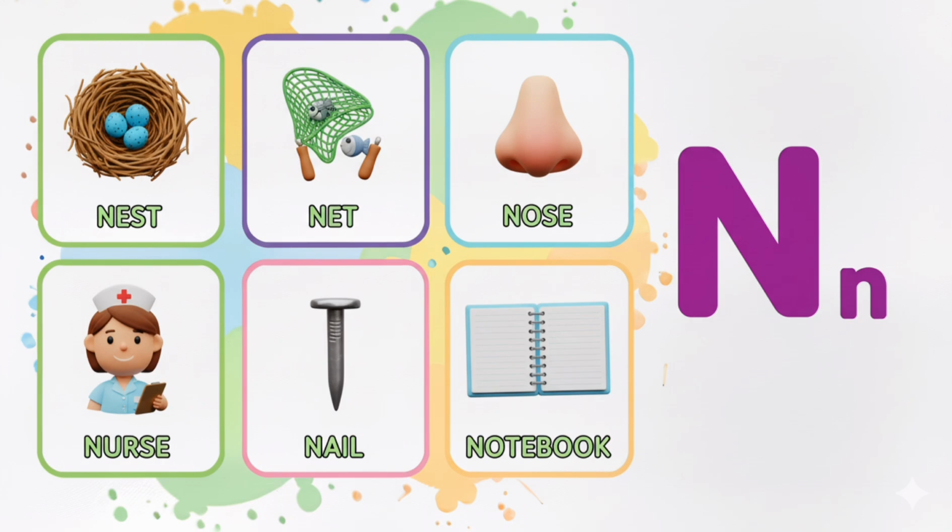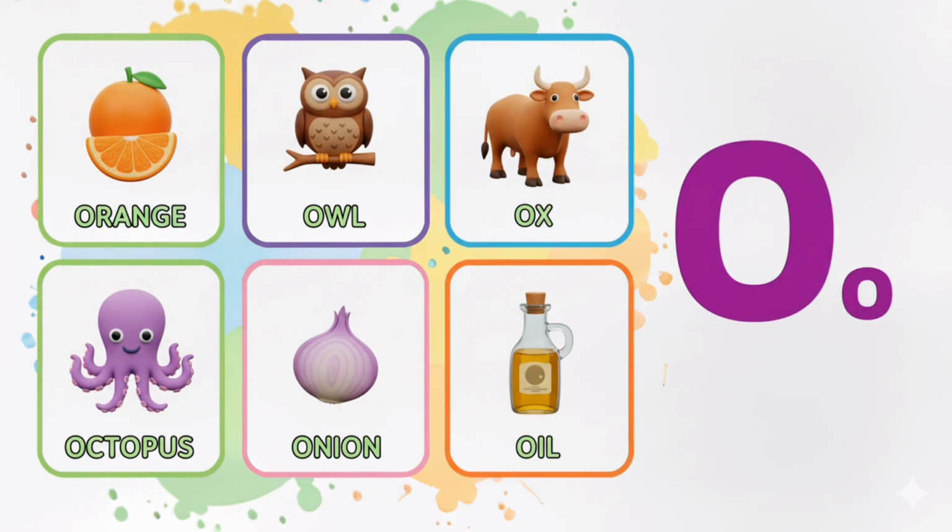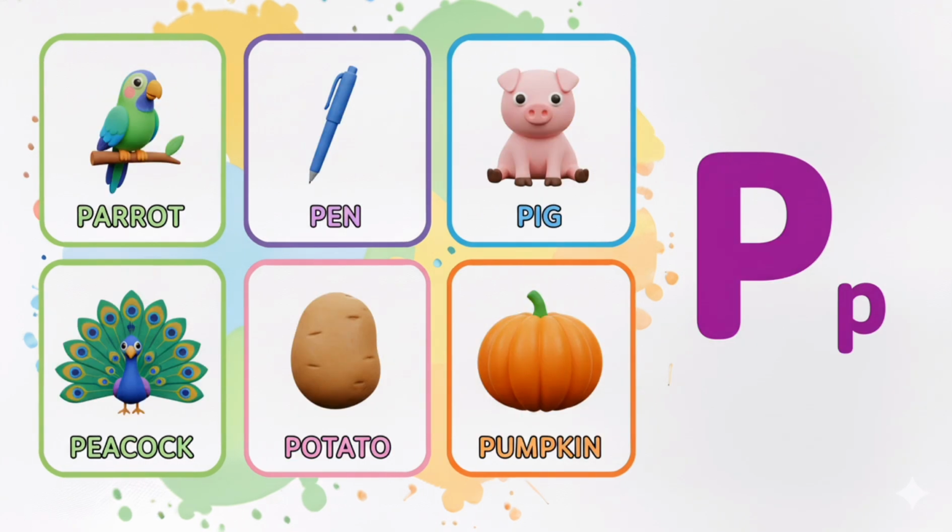N for nurse, N for nail, N for notebook, O for orange, O for owl, O for ox, O for octopus, O for onion, O for oil, P for parrot, P for pen, P for pig, P for peacock, P